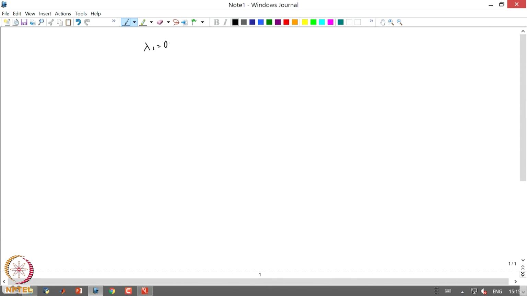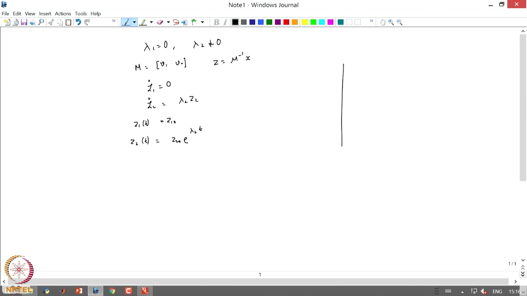So, when I just write it in this Jordan form, lambda 1 is 0, lambda 2 is not equal to 0, and I just again use a transformation matrix V1, V2, and via the transformation z is M inverse x. In my new coordinates I have z1 dot is 0, z2 dot is lambda 2 z2. The solutions are pretty straightforward to compute. z1 of t will just be whatever it began with, its initial condition. z2 of t will be z2 naught e power lambda 2 t.